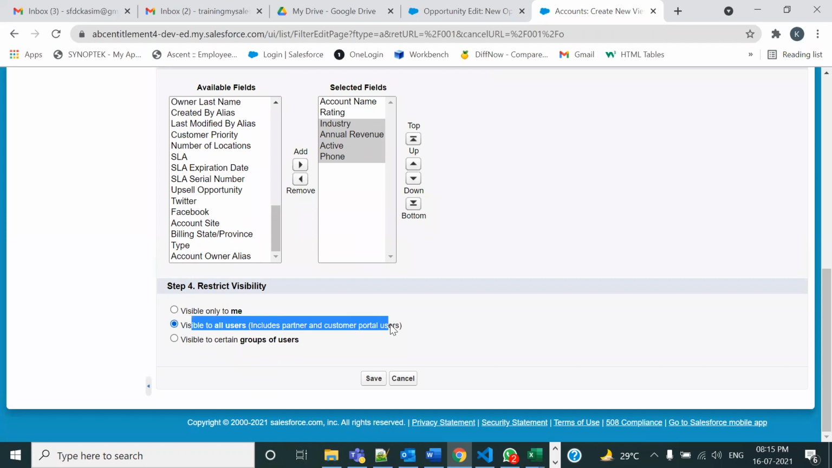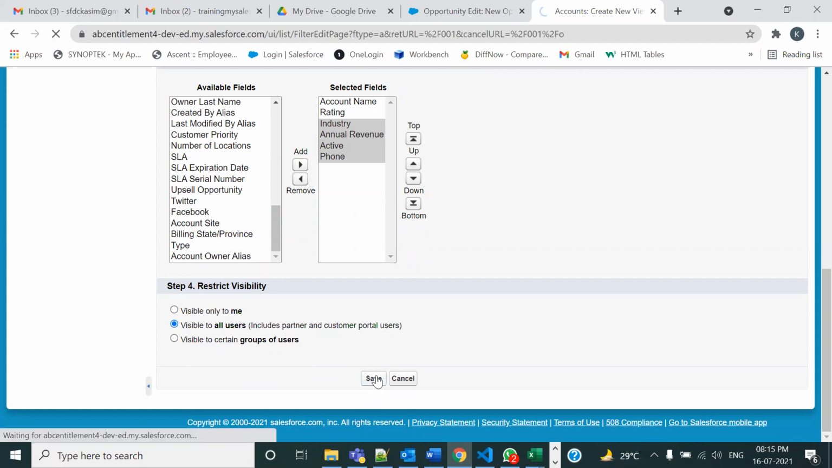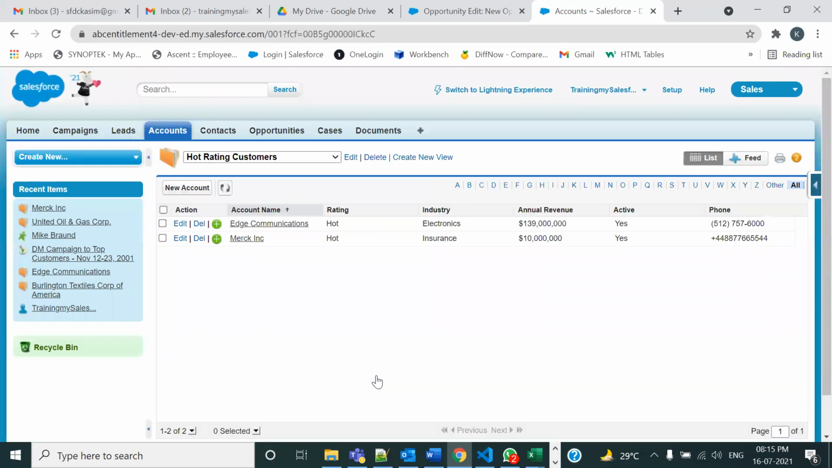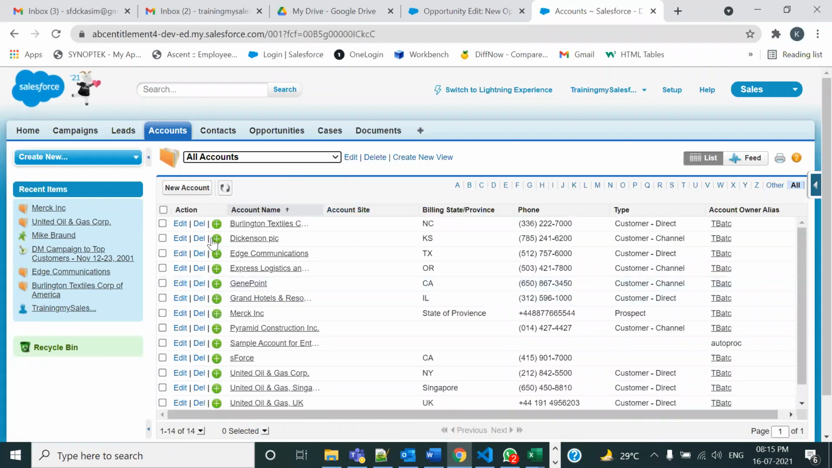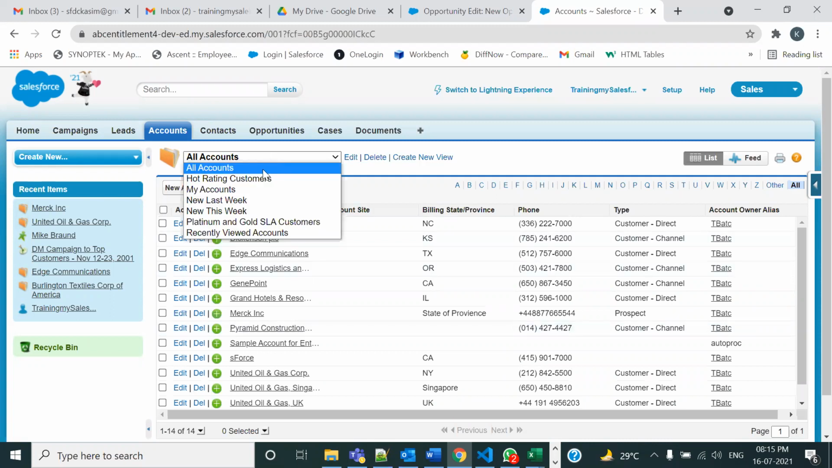फिलहाल go with the selection. I want to make it available to all users, including the partners and the customer portals also. So make this selection and just save this. Now, whenever someone clicks this, see, अगर if I'm into this, although वैसे तो display हो चुका है, but मैं selection बताता हूँ. If I'm on all accounts, and if I select this,